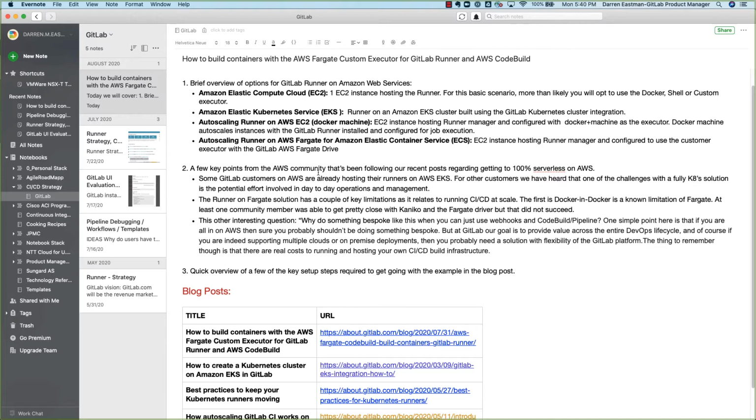And then the other thing that someone called out, which I want to speak to, is, hey, they looked at some of the blog posts that we had released around getting to a completely serverless CI/CD solution using Fargate, and then using some other patterns where we remove the need to host the runner on an EC2 instance, and we were basically plugging the runner in as a Fargate task itself. So everything was completely serverless, and then having that Fargate task for the runner manager be initiated using webhooks and Lambda functions. So really, truly, that first foray into a 100% serverless CI/CD build solution using AWS